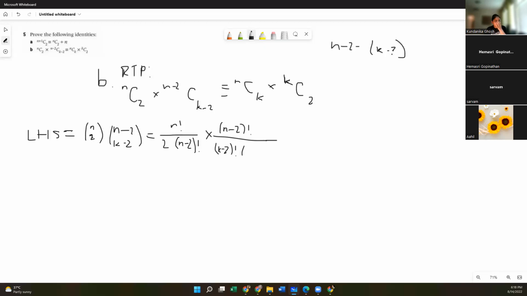Now this parentheses is really important to write, especially if you have a hard time visualizing things, because the negative over here is going to distribute. I know I struggle with that a lot. I tend to forget to put the parentheses, so I don't distribute the negative, and because of that my answer ends up wrong. But we're supposed to distribute the negative, so you have n minus 2 minus k plus 2. Your plus 2 and minus 2 cancel, and you're just left with n minus k. So over here, that means your n minus r factorial is n minus k factorial.